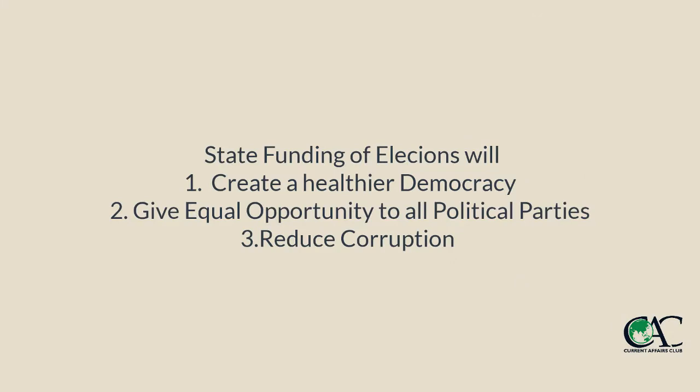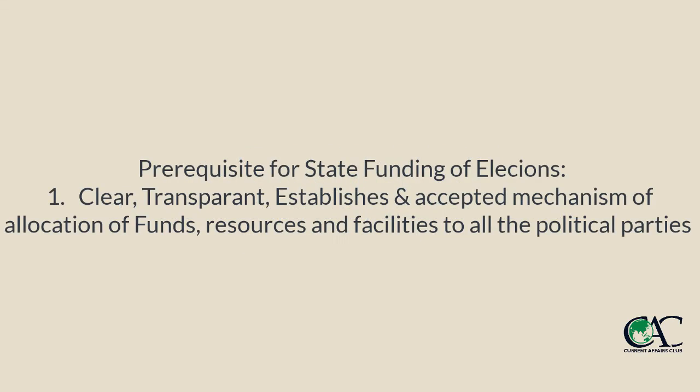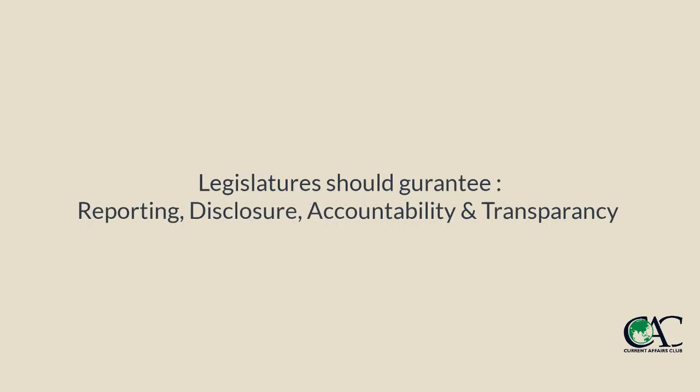The objective of state funding is to reduce the black money and to make it unnecessary for political parties to accept fund from private companies. Public funding will help create a healthier democracy by giving all parties a level playing field and equal opportunities. But the prerequisite for that is clear, transparent and accepted mechanism of allocation of necessary fund, resources and facilities. Legislators need to be introduced to guarantee reporting, disclosure, accountability and transparency. Independent agencies like the Election Commission need to be established which will have a look at the working of this